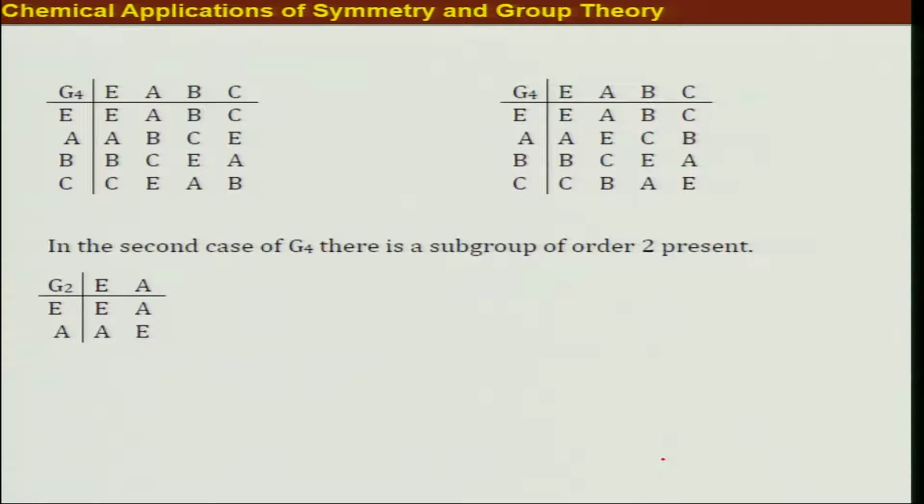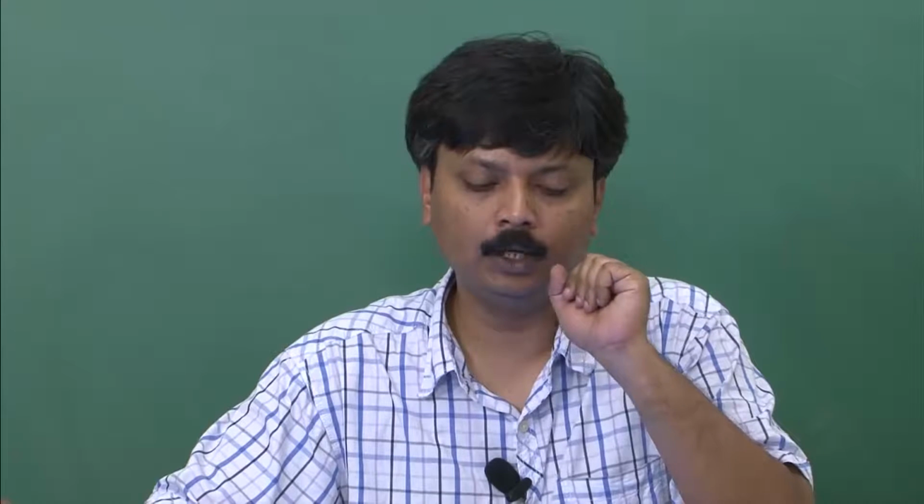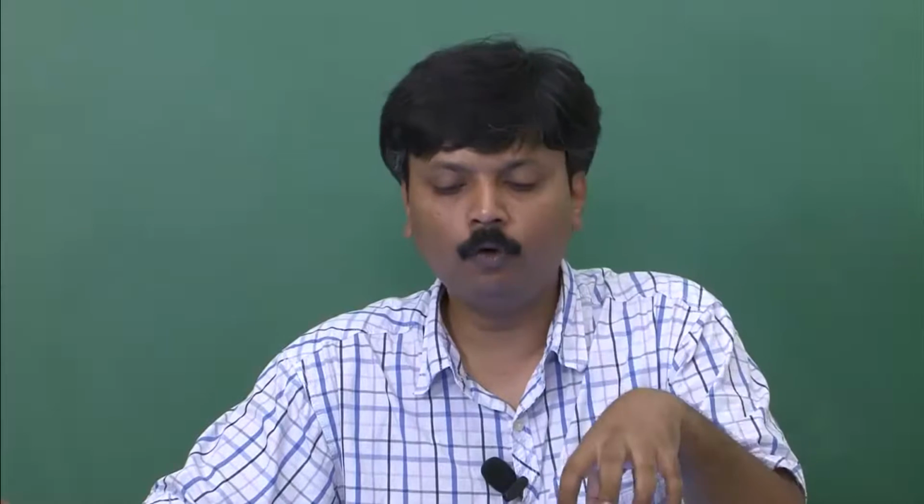On your screen you have two different sets of the group multiplication table for a group having order 4, that is 1 and here is 2. Now you can see that these two are two different group multiplication tables. So you can actually form more than one type of group multiplication table for certain orders. Okay, so G4 is an example.